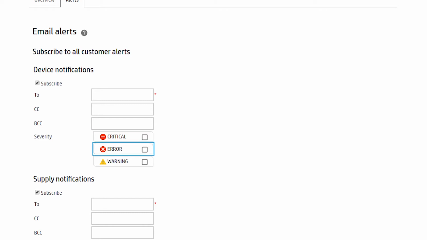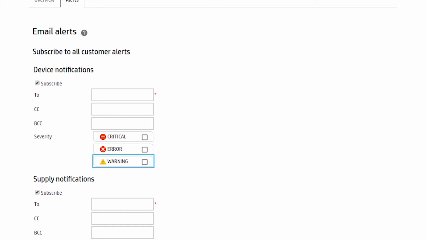The next level of severity is error alert. These alerts are triggered when the printer is experiencing the same type of error frequently, and so it is likely that in the future, a specific part of the printer will need to be replaced. This type of alert does not require immediate action, but the technician may want to be informed about this before visiting a client, so they can be more efficient during the visit.